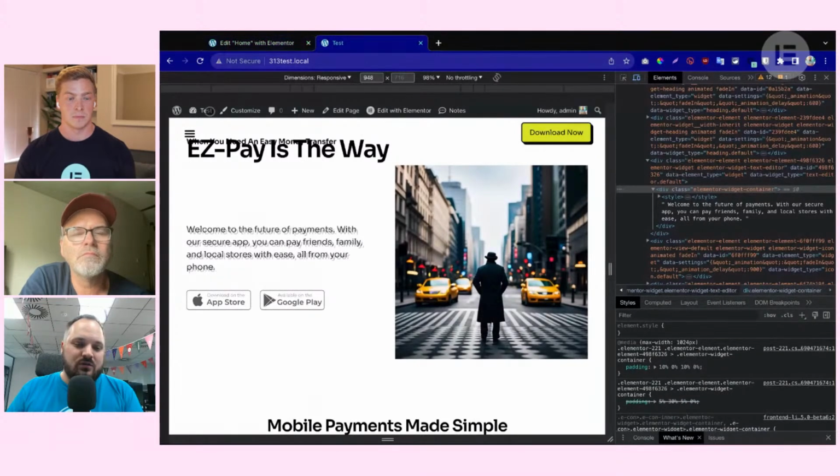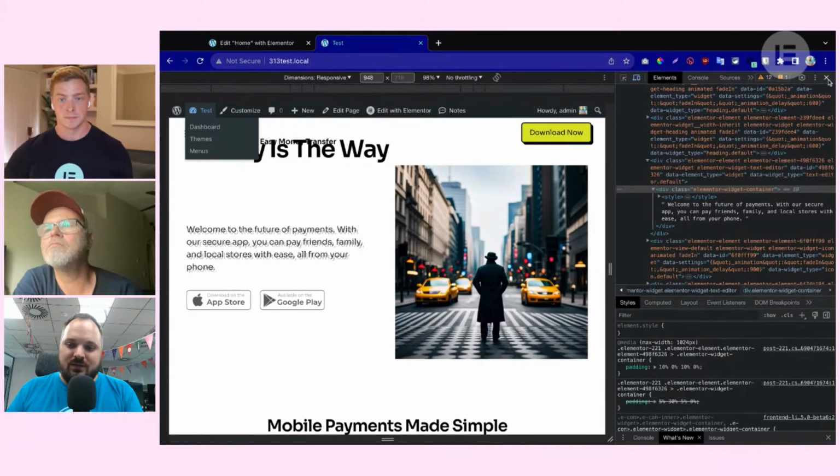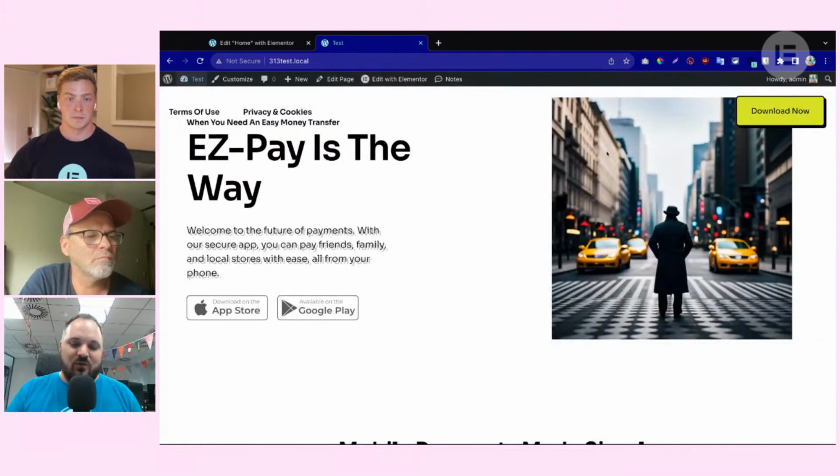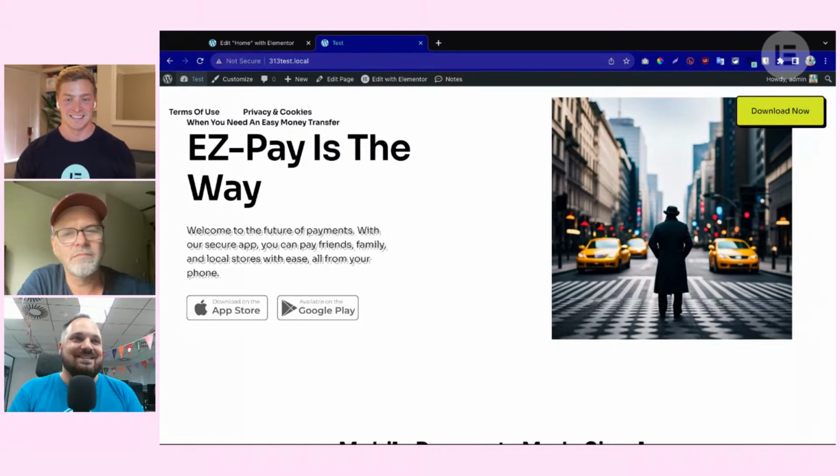You could also do it from the Elementor custom code part. But yeah, that's a story for another time. Let's not keep this too long. We could talk about CSS all day, couldn't we? And we do have CSS classes will be coming in the near future, which is going to help with a lot of this stuff